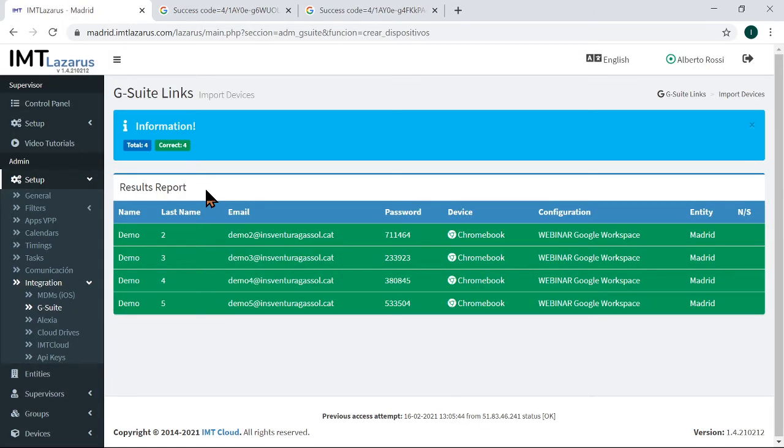So now it has been done. Total 4, correct 4. So we have imported 4 new ones, because the first one was already imported. So we go back again to our G Suite link, because we have done the devices import, and now we have to move on to our next step,